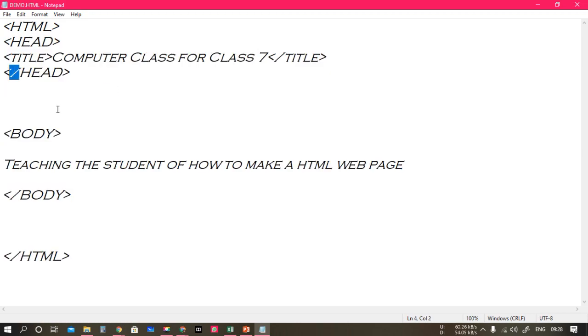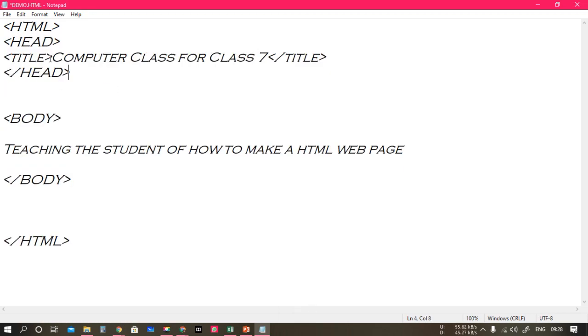Suppose you missed the backslash head, then this web page will not work, and for that you will get nothing. So whatever commands, whatever symbols you are putting, be careful with that.